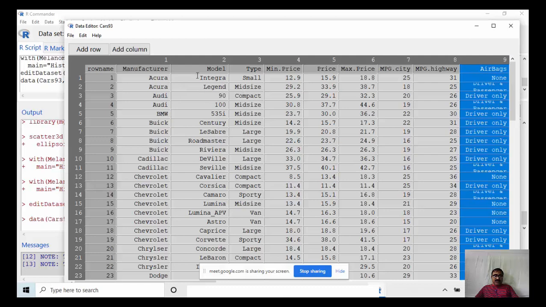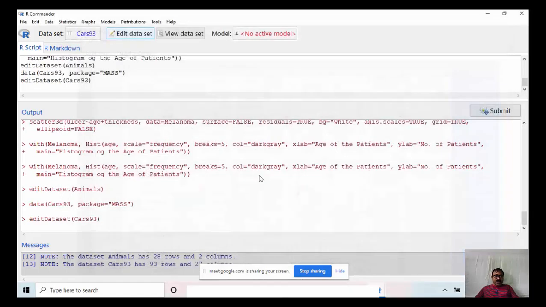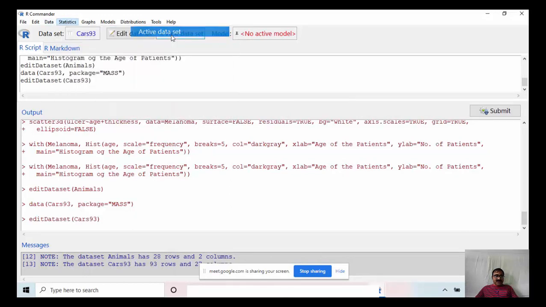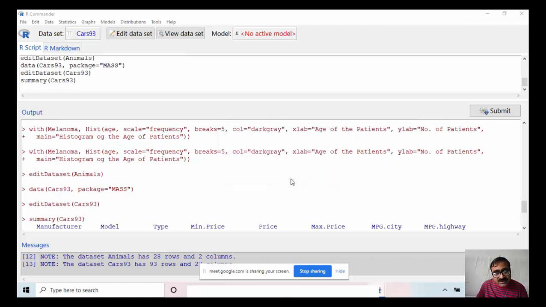This is a huge data set, so many variables. So just to look at the different variables, I go to summaries. Statistics, summaries, active data set. Here see there are 27 variables in the data set. Cars93. Do you want to proceed? Okay.